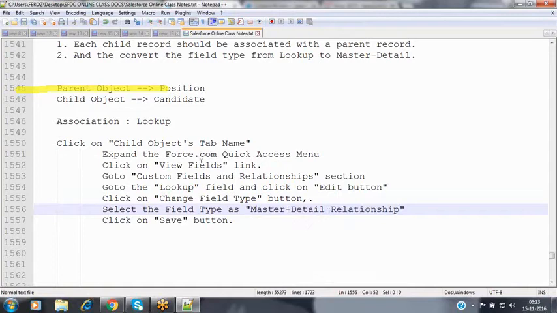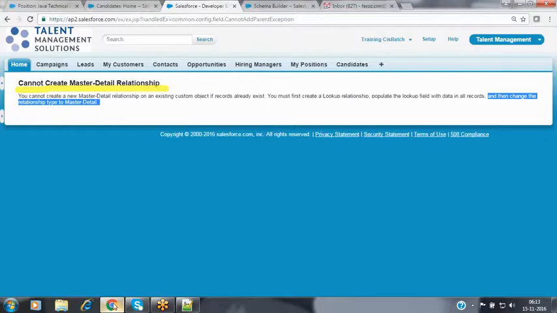The same steps we follow, but now we select master detail. Let's see. As of now, it is not allowing us to move from lookup to master detail. The limitation is that we have to go to the child object and make sure every child record has been associated with a parent record or not.